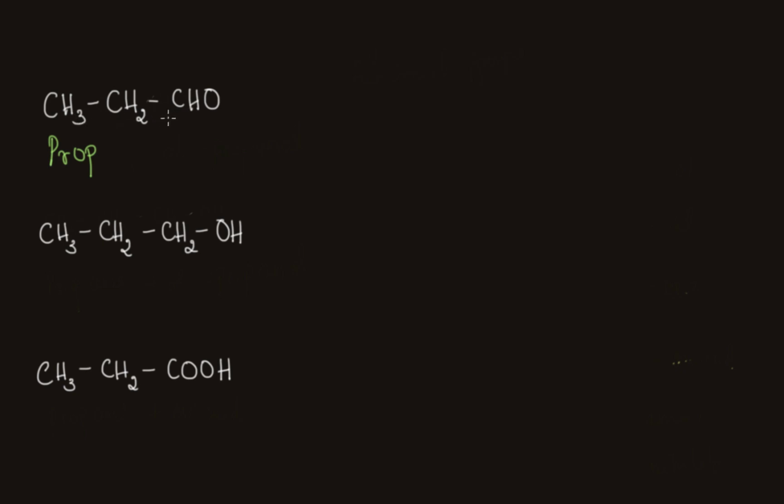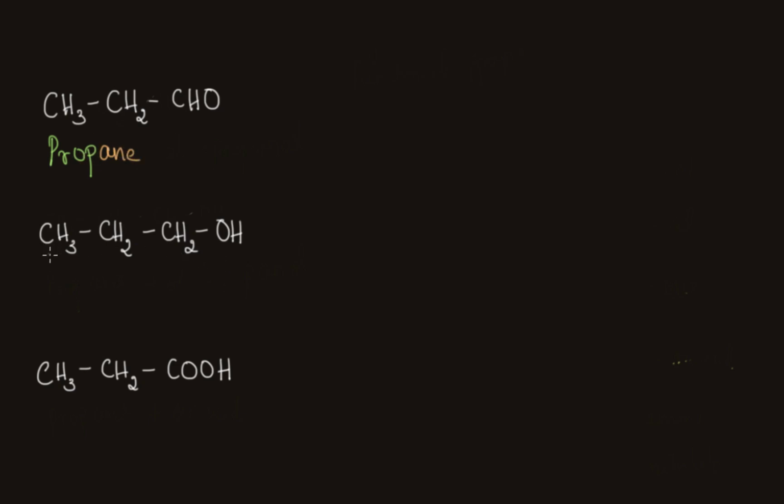So we saw in the last video that primary suffixes are usually given for hydrocarbons: alkane, alkene and alkyne. So we have to check for the double bond, triple bond and single bond between carbon and carbon. So we can see here that there are all carbon-carbon single bonds. Therefore, the primary suffix we use is ane. So we join them and we call it propane.